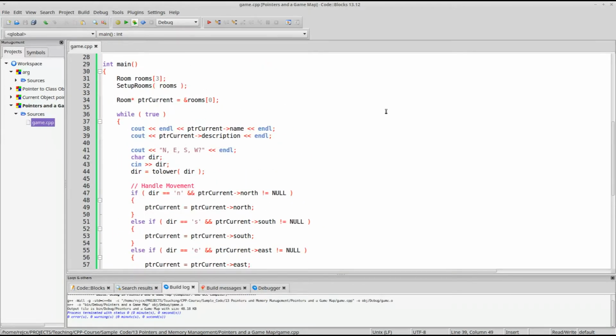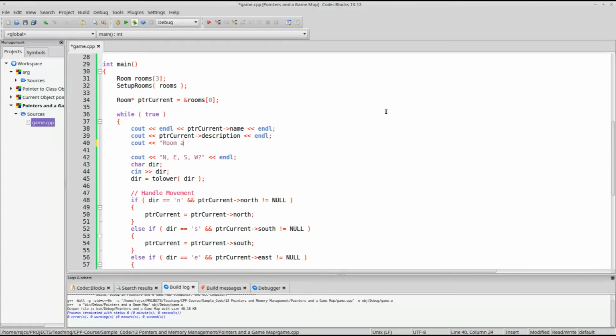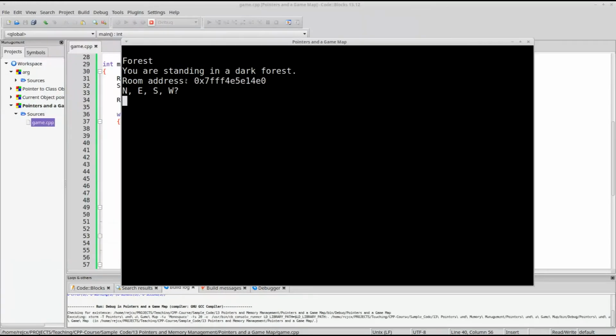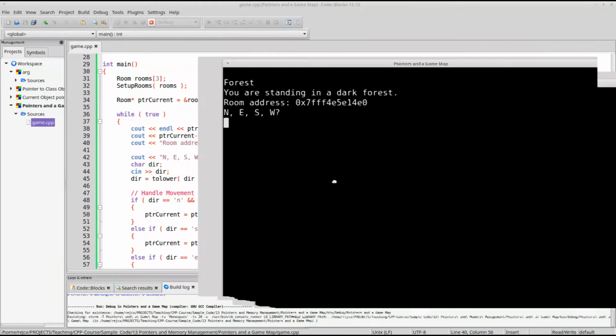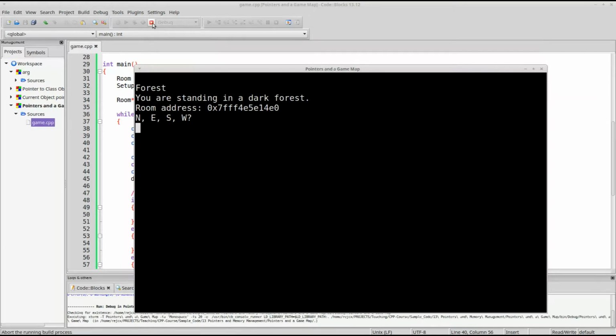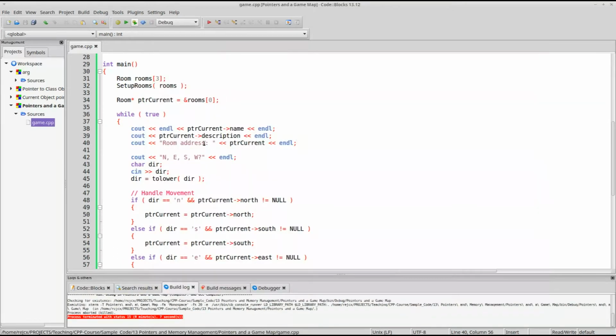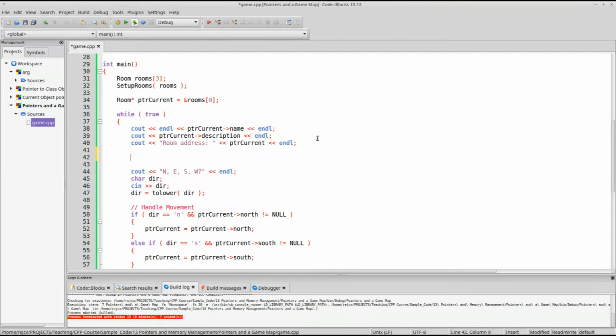So for example, let's also just output room address for the sake of it. And remember, the value of the pointer is the address of some room. So let's go ahead and run this. You're in a dark forest. Now it's not telling us which directions we can go because we haven't programmed that in,